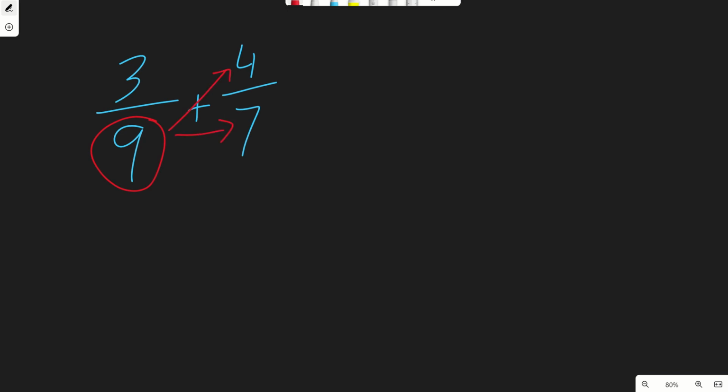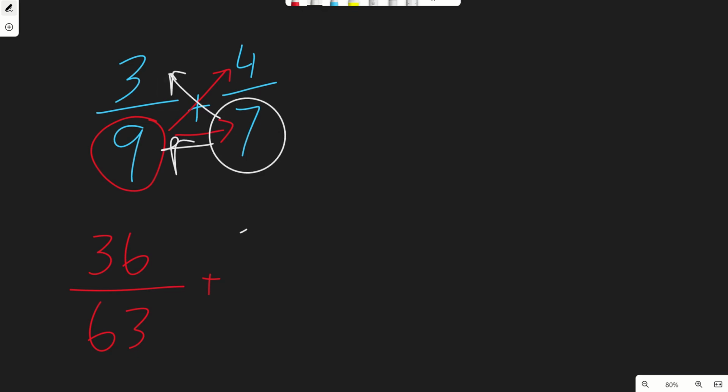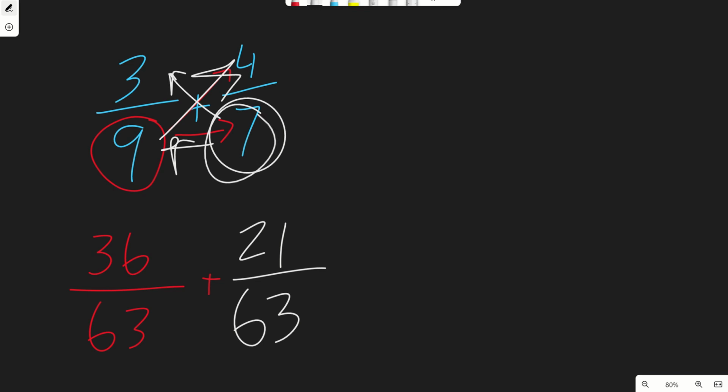9 times 4 is 36. 9 times 7 is 63. And then take this denominator, multiply it by both. 7 times 3 is 21. 7 times 9 is 63. If I multiply one denominator by the other fraction and the other denominator by the other fraction, it will give me common denominators. I can add up my 36 plus